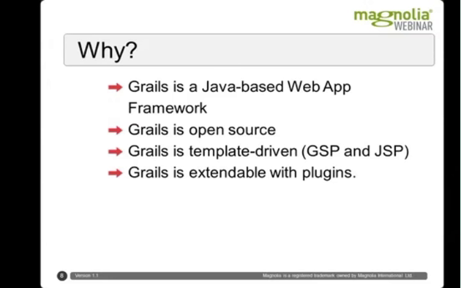Now, I don't know if anyone's been following it, but Grails has been around for a while now, and it's a Java-based web app framework. It's open source, it's extendable with plugins, it has a wonderful community. The community is filled with people who are producing tools that make it very easy to add lots of the different new ideas and widgets and things to your Grails website. It's also template driven, but the templates here, there are two different kinds: the JSP, which I think many people in the Java world are familiar with, and the GSP, which is more or less the same thing, but the